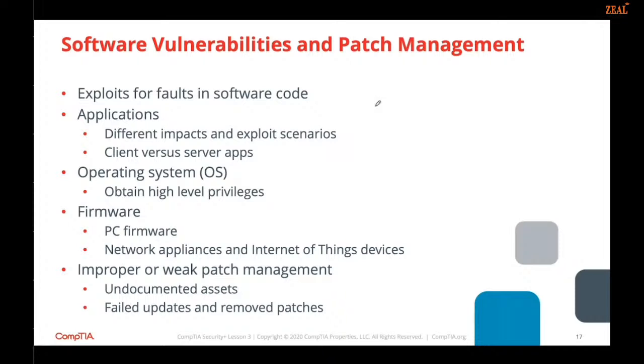Then there is firmware. Vulnerabilities can exist in the BIOS or UEFI that controls the boot process of the PC. There can also be bugs in device firmware, like network cards or disk controllers, network appliances, or Internet of Things devices that run OS code as a type of firmware. Kernel vulnerabilities and firmware exploits can be difficult to find and identify, because the exploit code runs with the highest level of privileges. And most vulnerabilities are discovered by software and security researchers who notify the